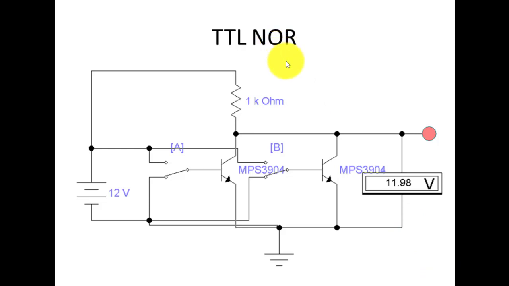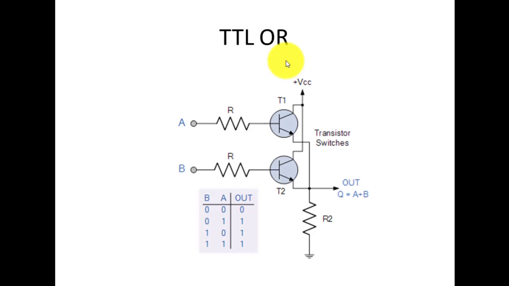So let's proceed with the OR gate. OR gate circuit is almost similar with the NOR gate circuit, just we have to place the collector resistance with the emitter terminal, and we will take the output from the emitter terminal of both the transistor. In this case, you can see that the VCC will be applied here, and at 0 0 the output will be 0, because when we apply 0 at this transistor and 0 at this transistor, both the transistor will be